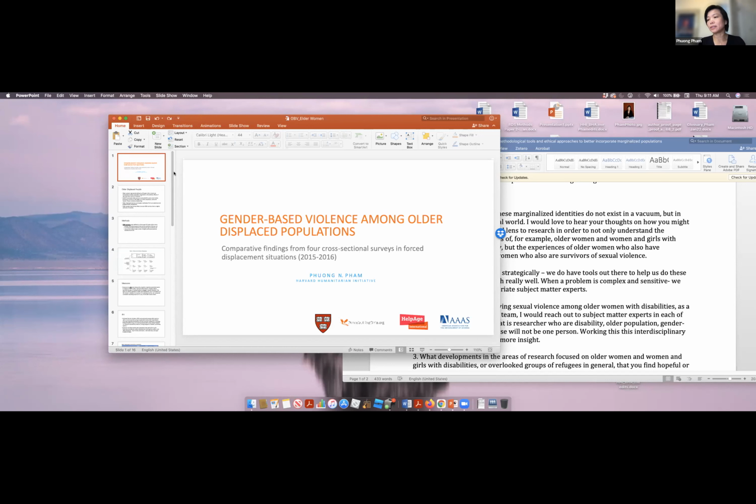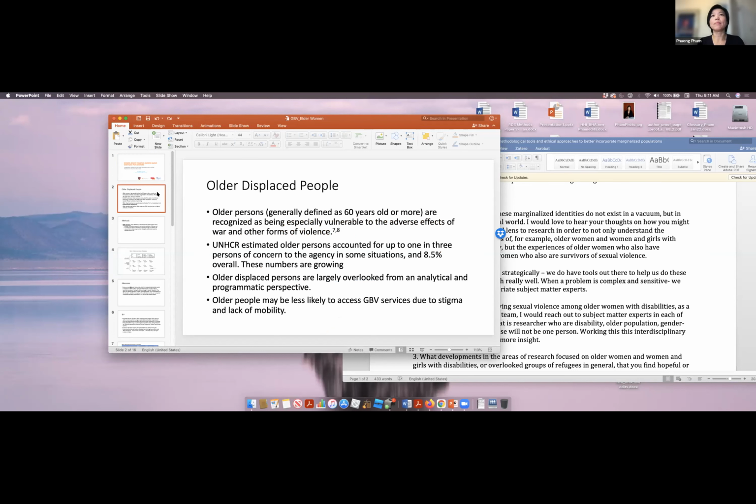It's an understudied population and an under-recognized problem as well. And I think a lot of the issue is due, as Beth said, to a gap in knowledge and data on this population. So I think there's a couple of things. I'm going to present the work that we did in 2015 and 2016. It's a cross-sectional survey in forced displacement situations. As we know, forced displacement is caused by war and